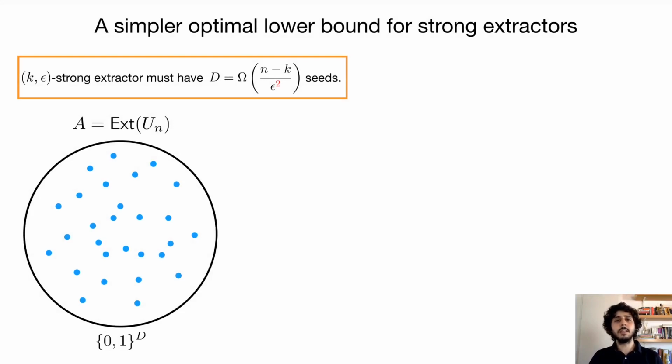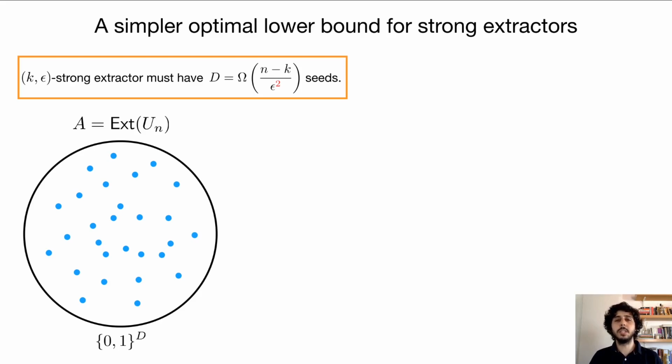So as a bonus, using our new lower bound techniques, we are also able to recover the optimal lower bound for strong extractors with an alternative and much simpler proof. So recall that what we want to show is that every strong extractor must have at least (n minus k) over epsilon squared seeds. And again, just like it was the case for somewhere extractors, the starting point is the